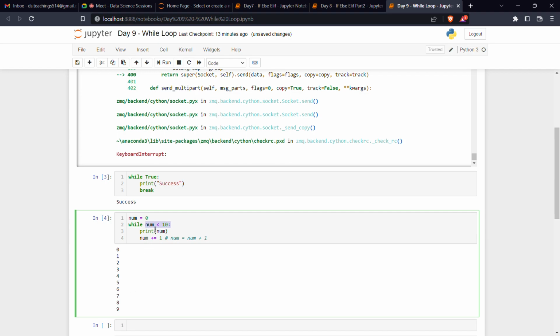So when number plus 1 is reaching 10, it goes back to this part and checks here: 10 less than 10, so then it fails. This works something like this. Initially my number is 0, so it checks 0 less than 10, which leads to true, right? And then